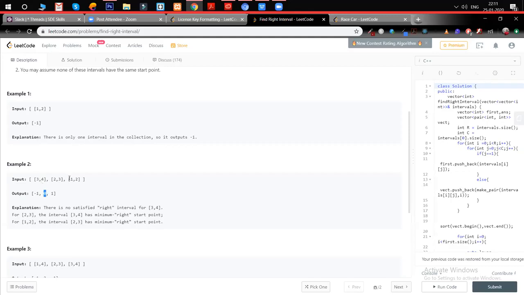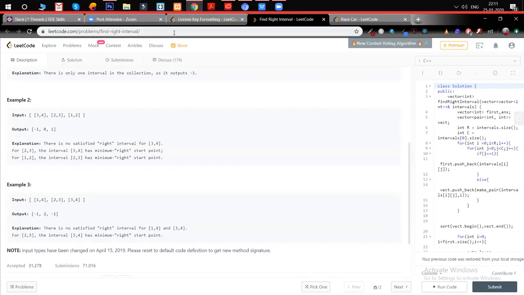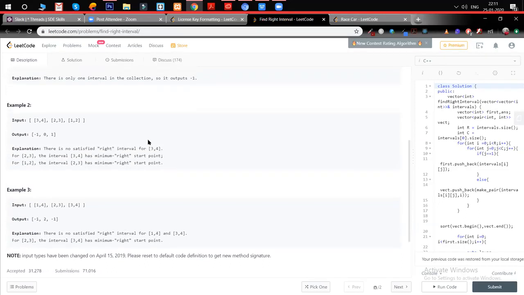And in this case 1 comma 2, we are saying that the last value 2 and the array at the index, even 2 comma 3, the lower bound is 2. So basically we have to return the index of the vector, so it's 1. I guess it's pretty simple to understand.